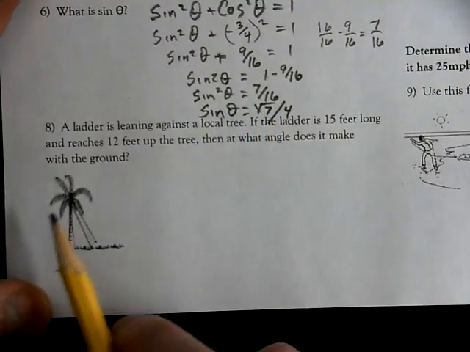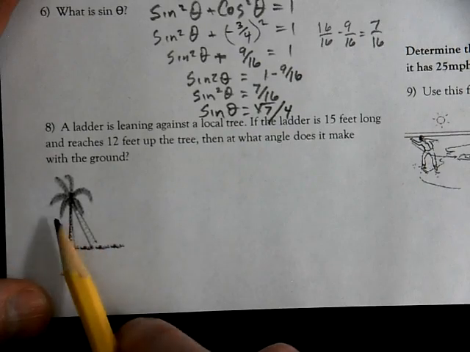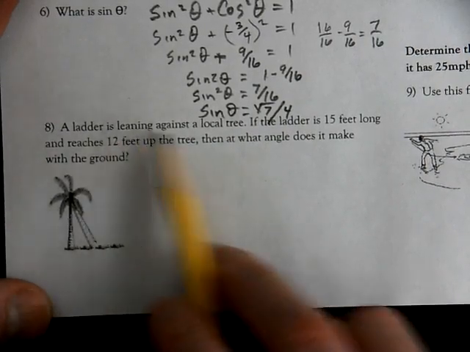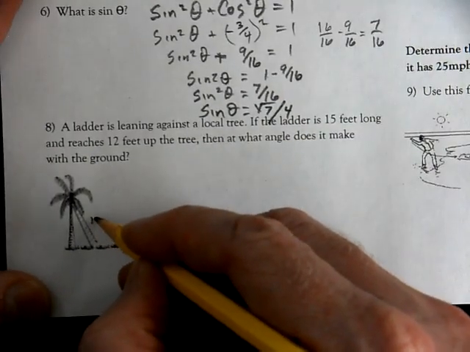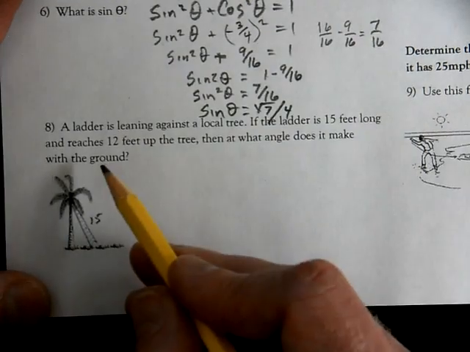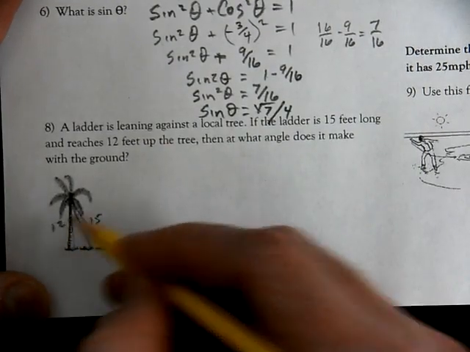That is our sine of theta. Here we have a ladder on a palm tree. The ladder is 15 feet long, so the ladder portion is 15 feet. It reaches 12 feet up